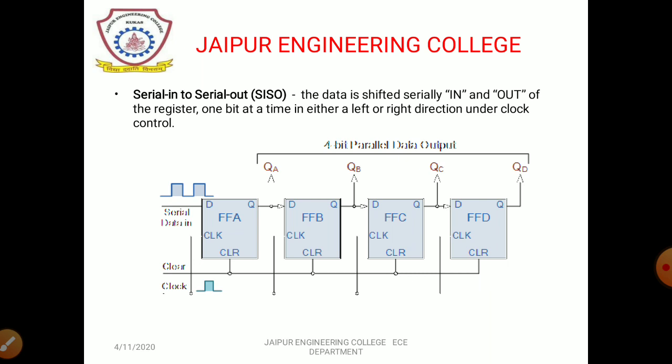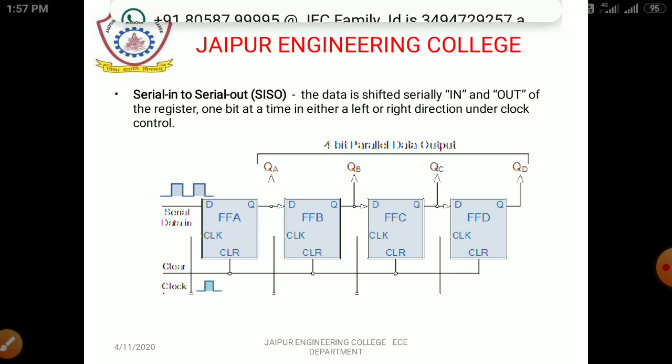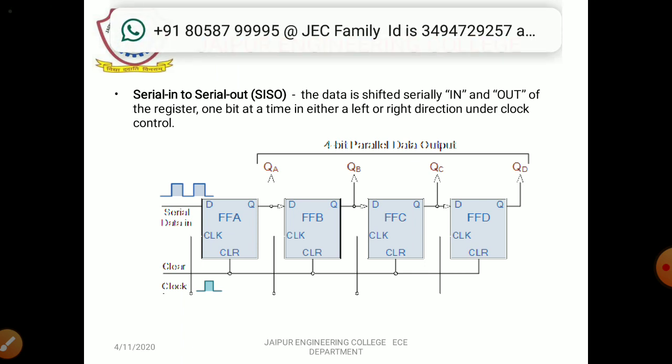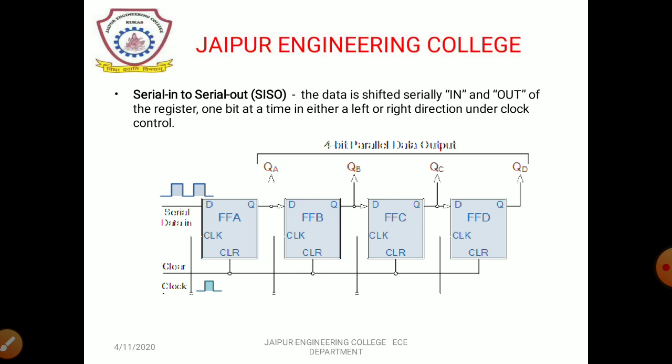The shift register which allows serial input and produces serial output is known as a serial in serial out shift register. The block diagram of a 4-bit SISO shift register is shown in the following figure. The block diagram consists of 4 D flip-flops which are cascaded. That means the output of one D flip-flop is connected as the input of the next D flip-flop. All these flip-flops are synchronous with each other since the same clock signal is applied to each one.